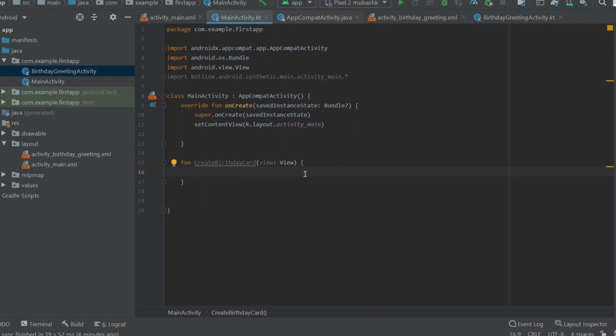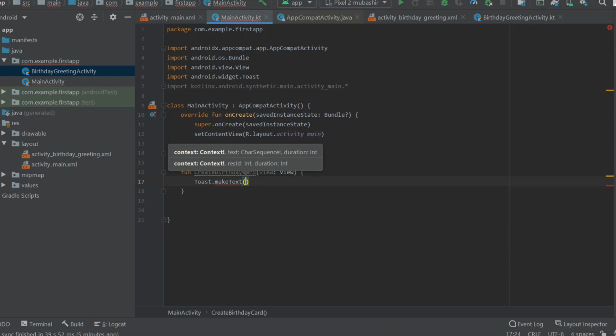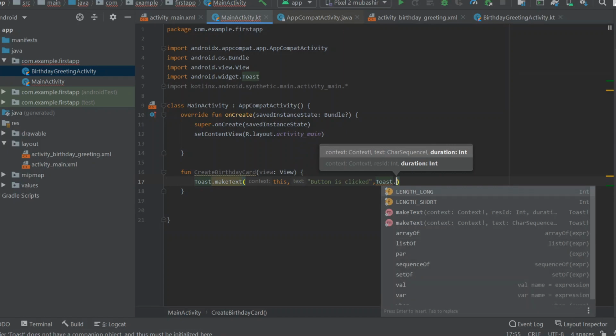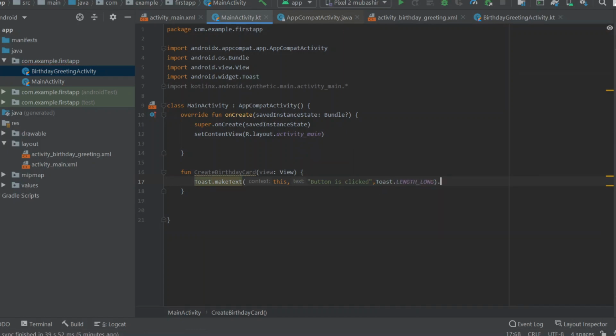Here I am going to make a toast, which means, let me show you what a toast is. Toast.makeText(this, which indicates this activity should run, "Button is clicked", Toast.LENGTH_LONG).show().